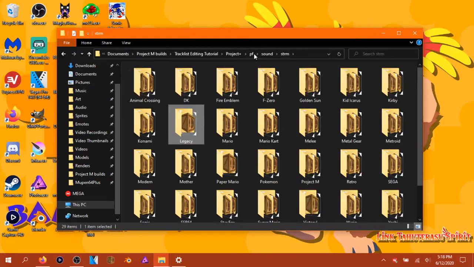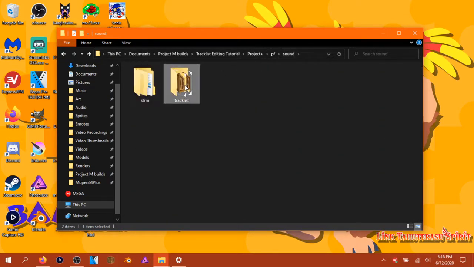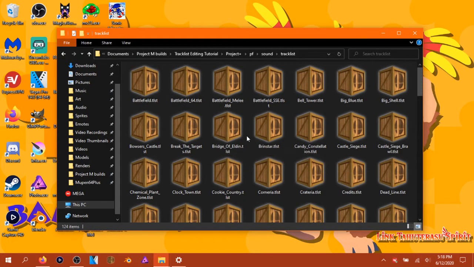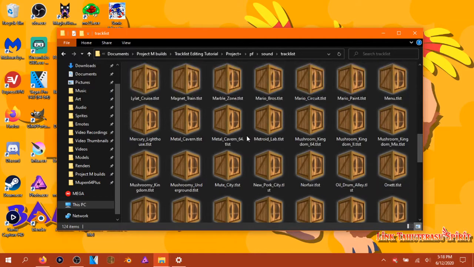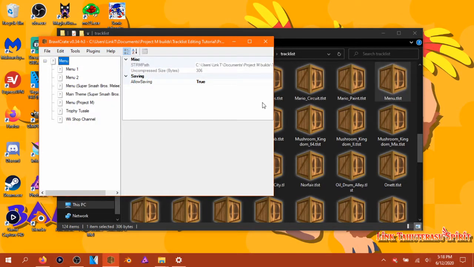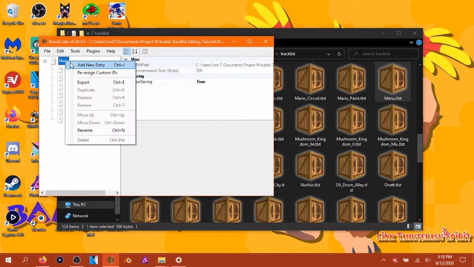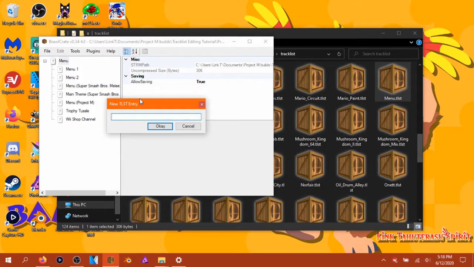Legacy Theme Beta. I had to put together this BOSTM myself after David posted a video of the beta, because, well, I felt like it. So anyways, just open the menu, track list, add new entry,